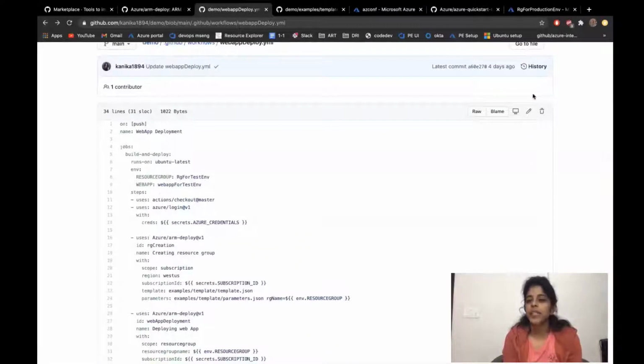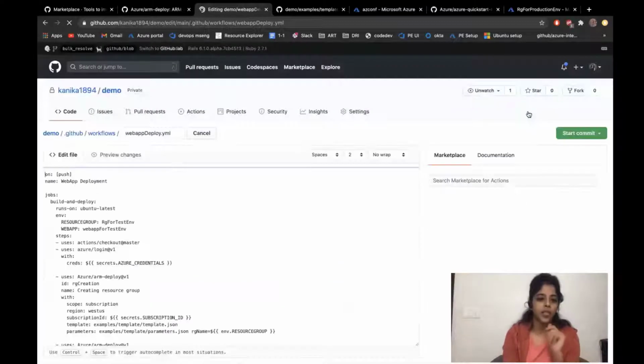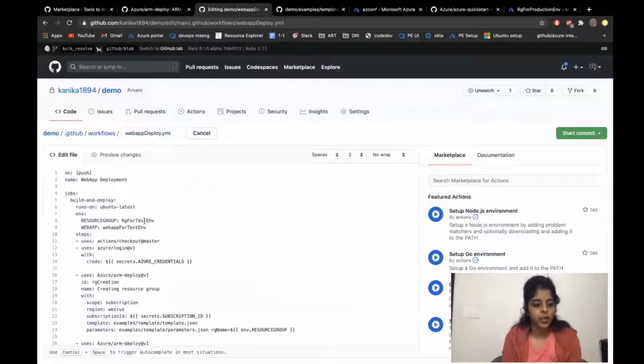So let's just make some changes here and see what happens. So this is for the test environment. So let's try and create a resource group as well as a web app for now for the production environment. I'll just change the